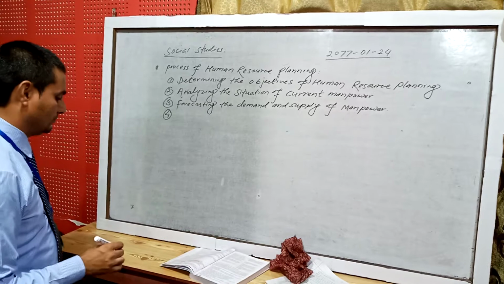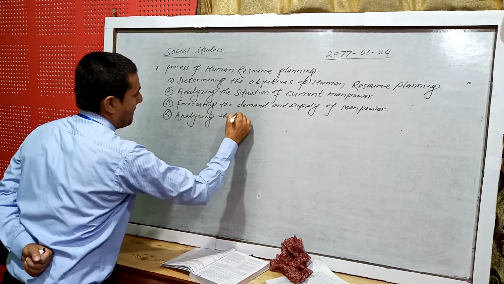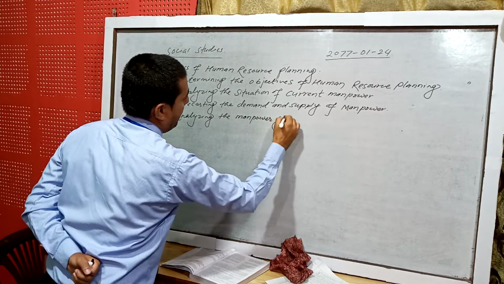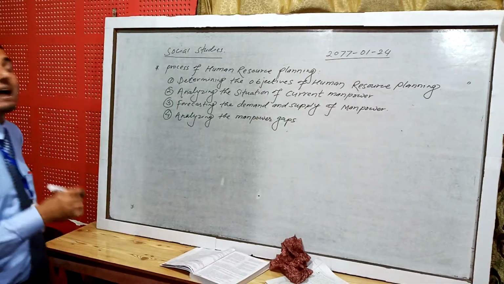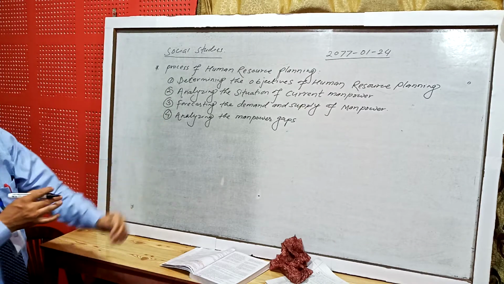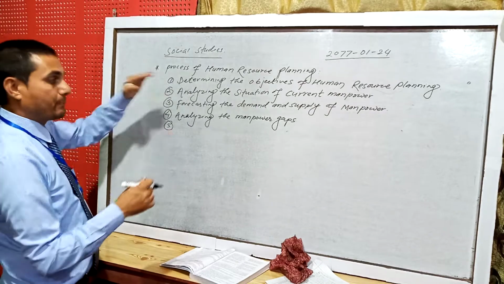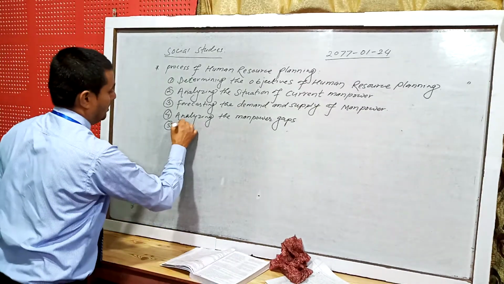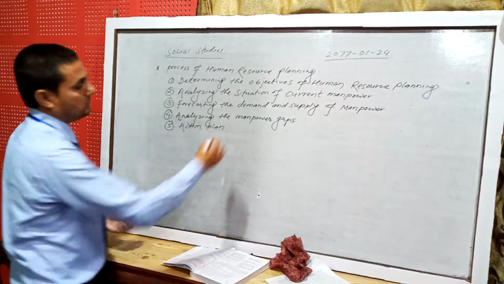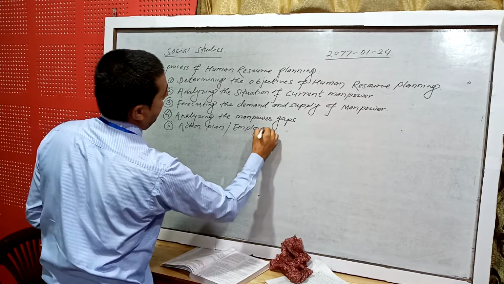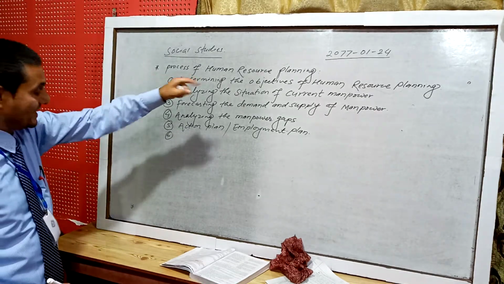Similarly, the next process is analyzing the manpower gap. We need to analyze the gapping of manpower. Similarly, the next process is, after that we need to make a very broad plan, an action plan, or employment plan. This is also called the employment plan. Similarly, the next process of human resource planning is